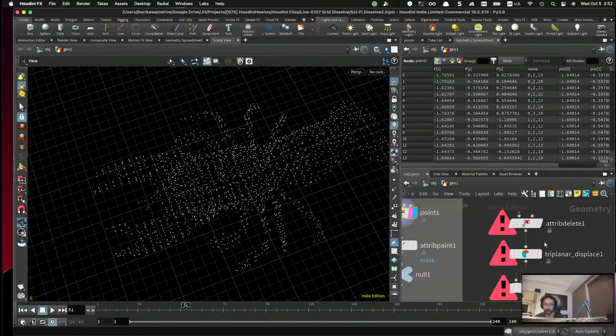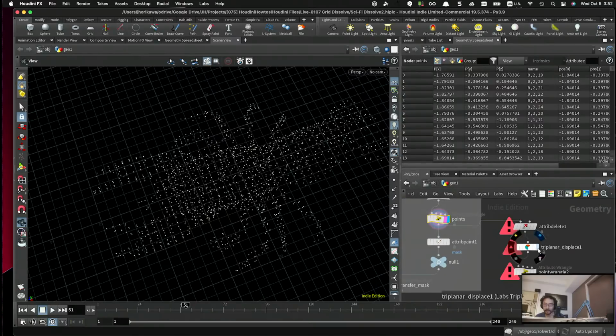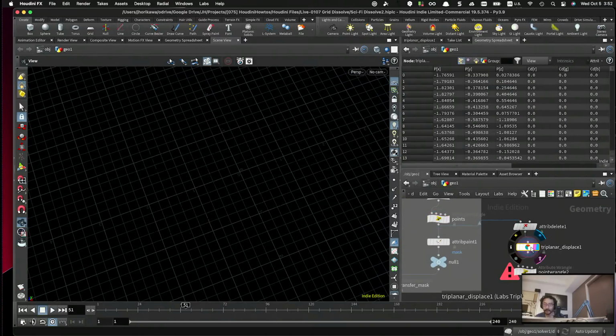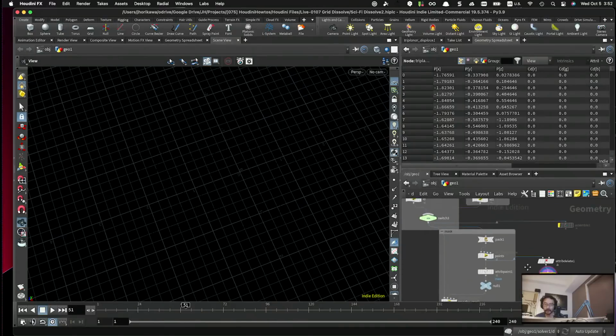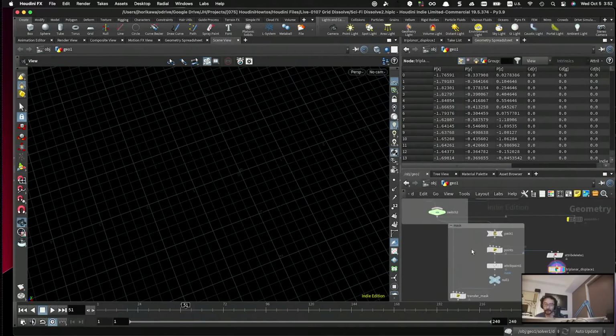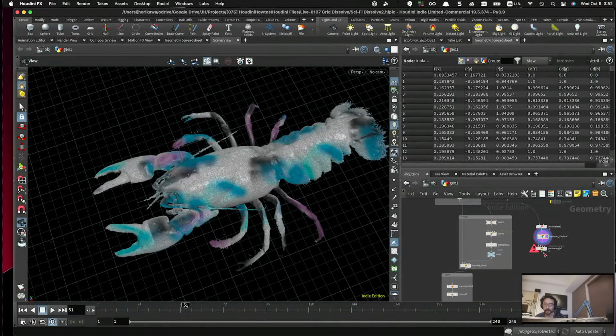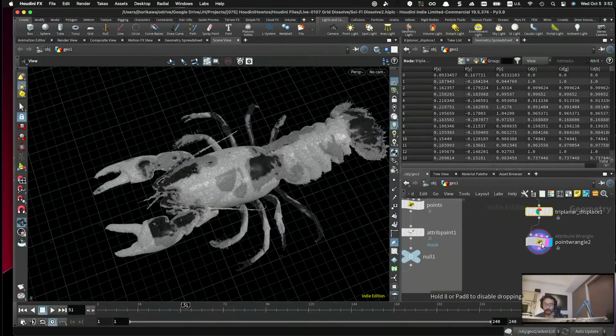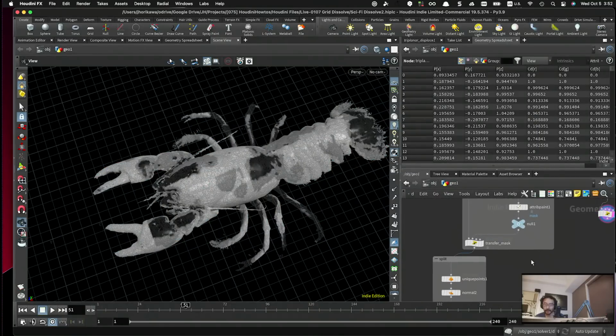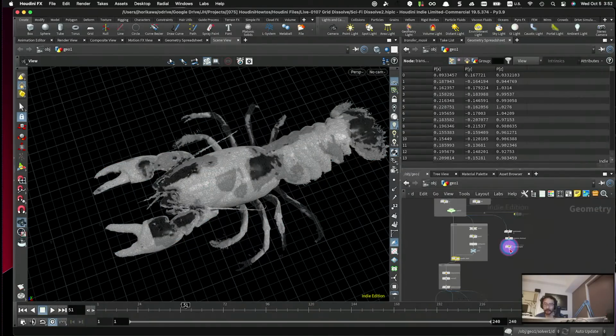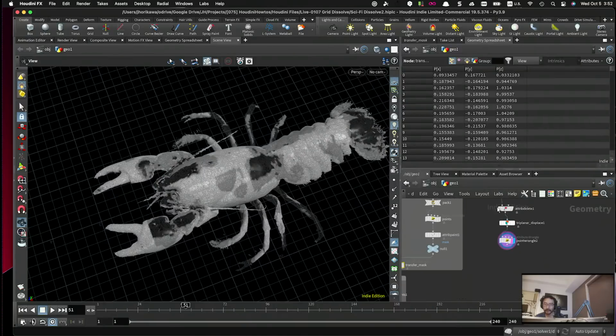I don't know if this will work with the triplanar. I don't think so. Nope. It has to be used with the mesh. So probably gonna have to be here. Now anyway, I need to transfer this mask information